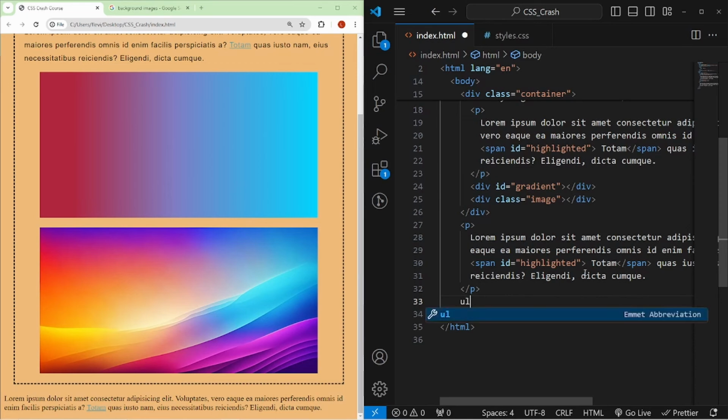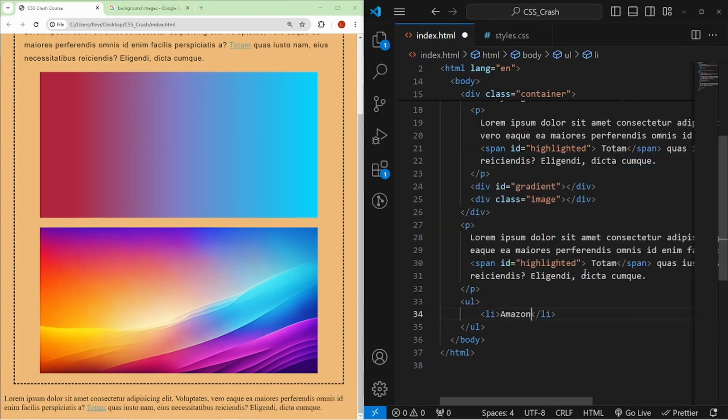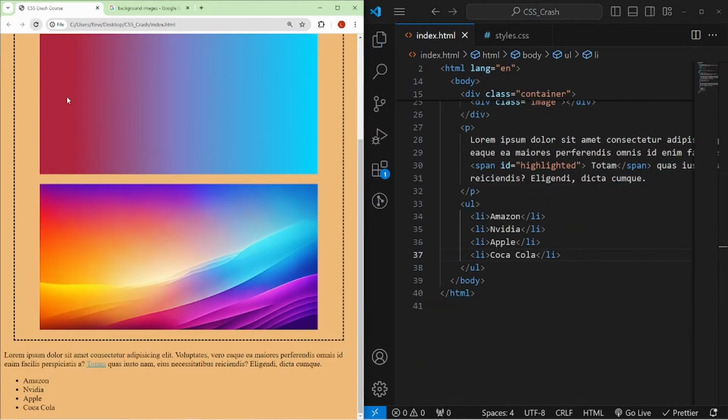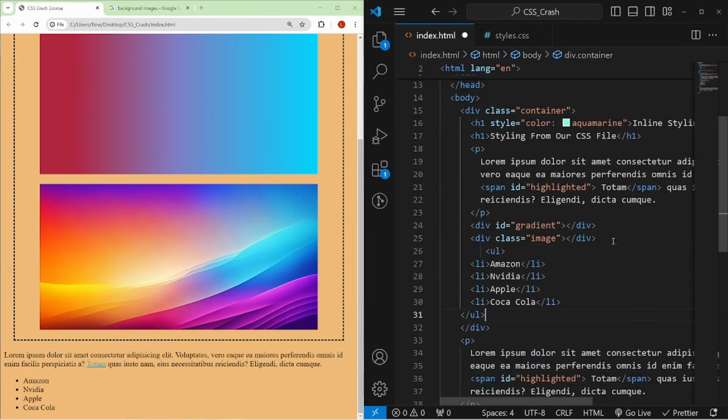Now let's create an unordered list here, because we'll be having a look at how to style unordered or ordered lists. I fill it up with some list elements. There we go, it's filled up. If I refresh, you can see them right there. And again, I put it outside of the container. I want to put it inside the container,